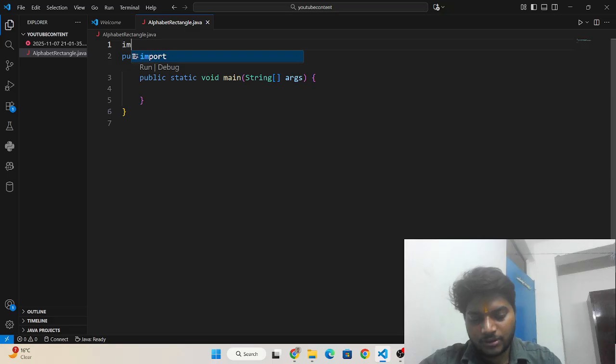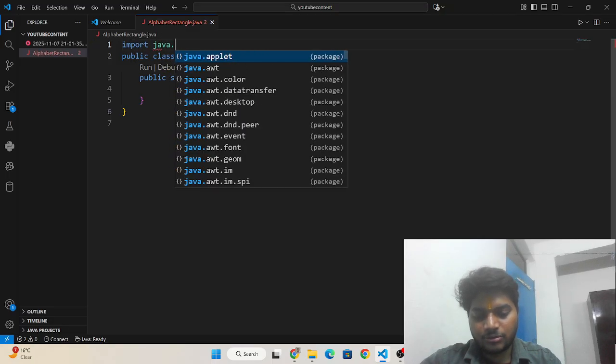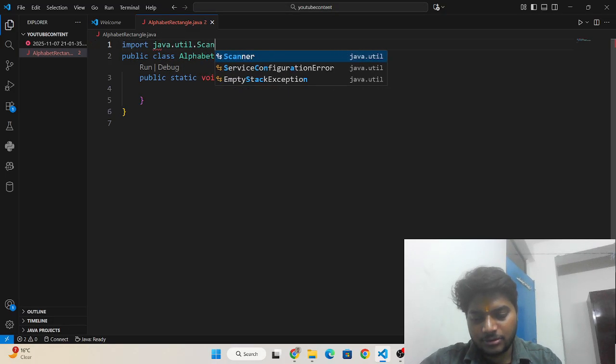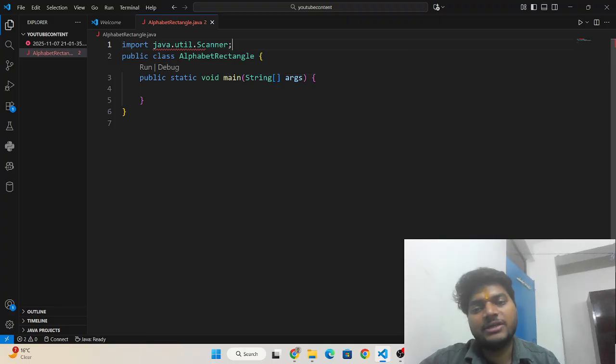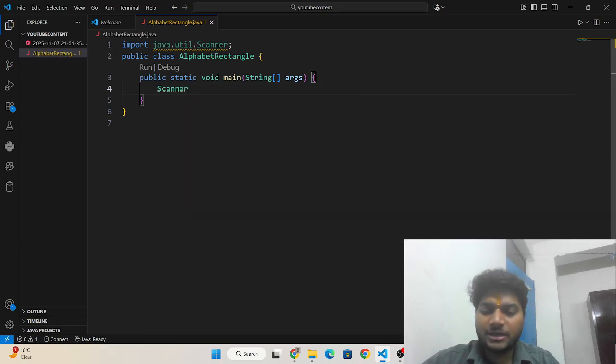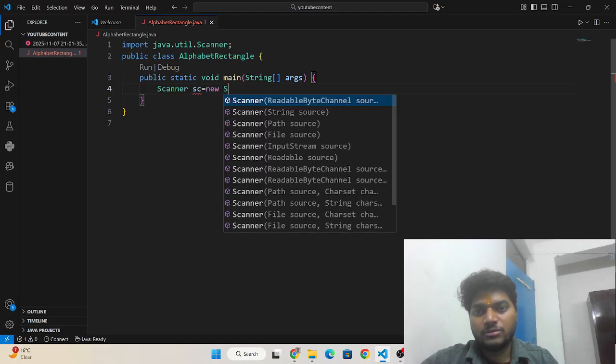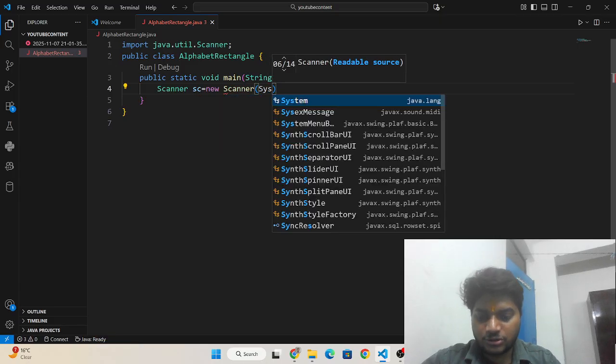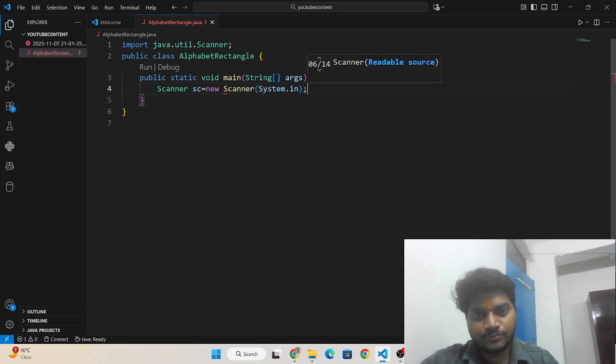Okay, import java.util.Scanner class. We are using the Scanner class because we have to take user input like rows and columns. Now I'm going to make an object for the Scanner class: Scanner sc = new Scanner(System.in).